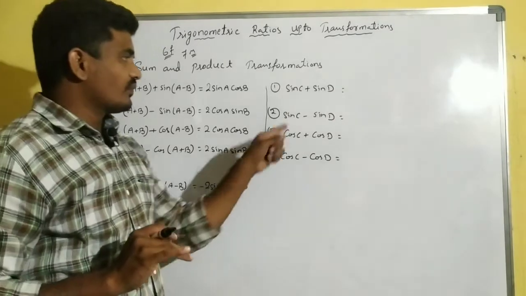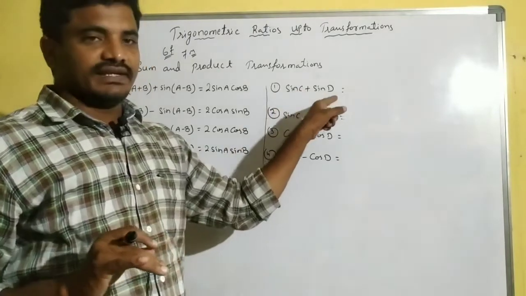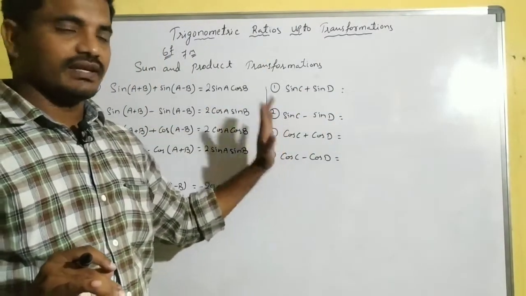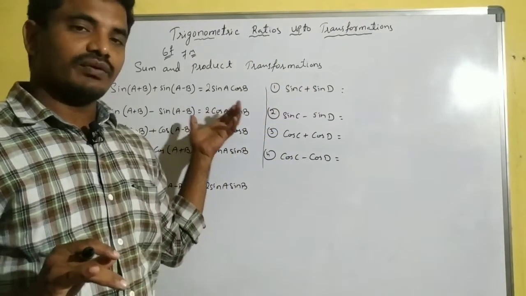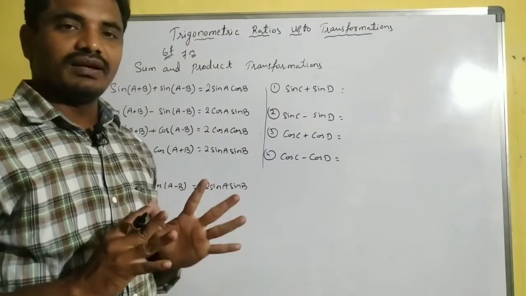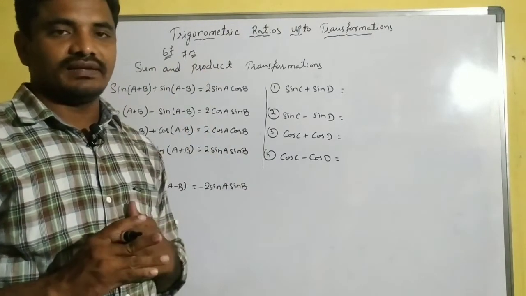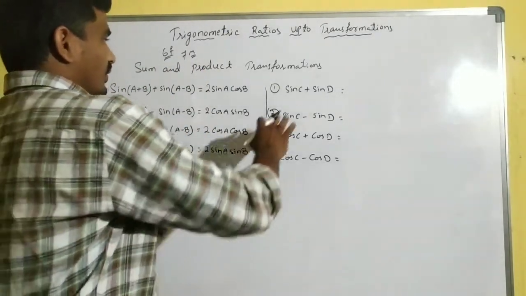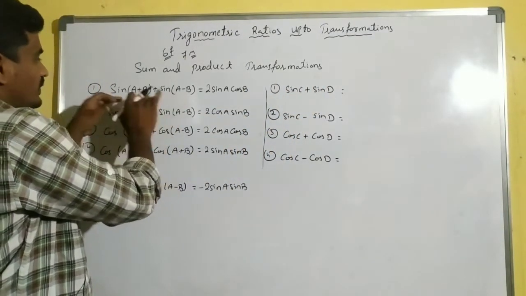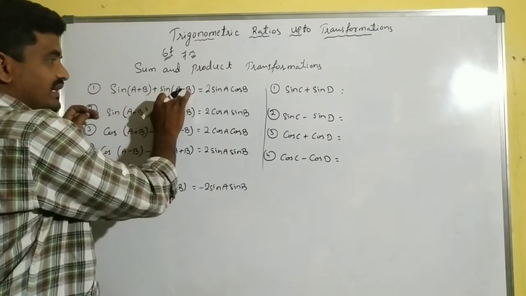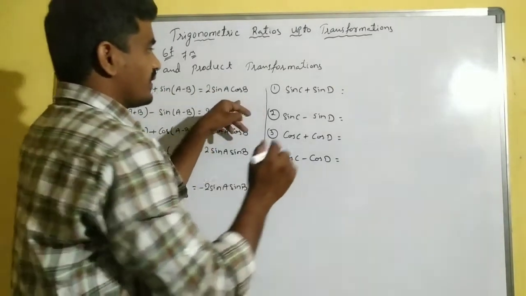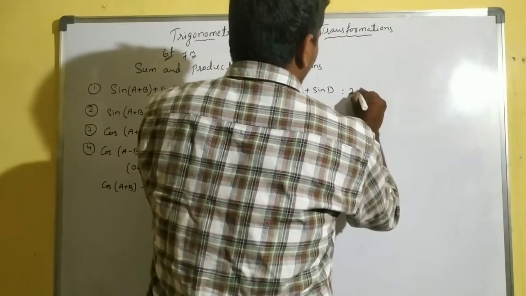Next, sin c plus sin d. These are very important formulas. These formulas play a key role in the 7 mark questions. If you know these formulas very well, you can solve them very easily. Okay, sin c plus sin d. When you compare like this, you get sine and cos terms. So here you get 2 of